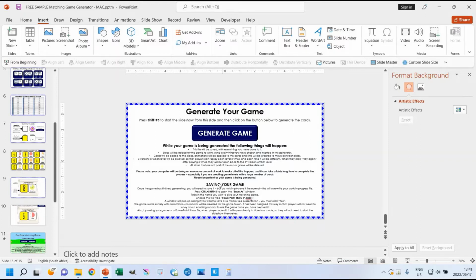Then, once you have finished generating the game, you are going to need to save your game. So I created it in such a way that once the game has finished generating, when the game is being played, it works entirely with animations. There are no macros needed for the actual game to work. So, when you save your game, you do not need to save it as a macro-enabled file because it doesn't need the macros. So what I recommend is that you save it as a PowerPoint